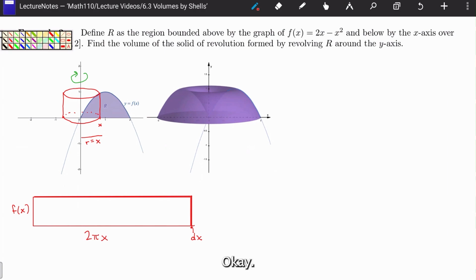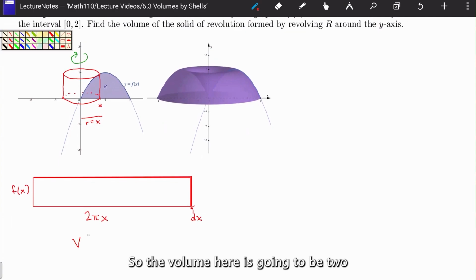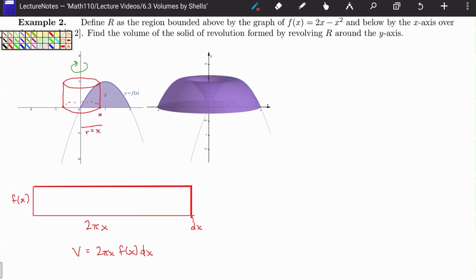Okay, so the volume here is going to be 2 pi x times f of x dx. Now, in this, I should probably say the volume of the ith piece. I'm not really labeling the indices here, but it's good to note that that's the volume of one piece and not